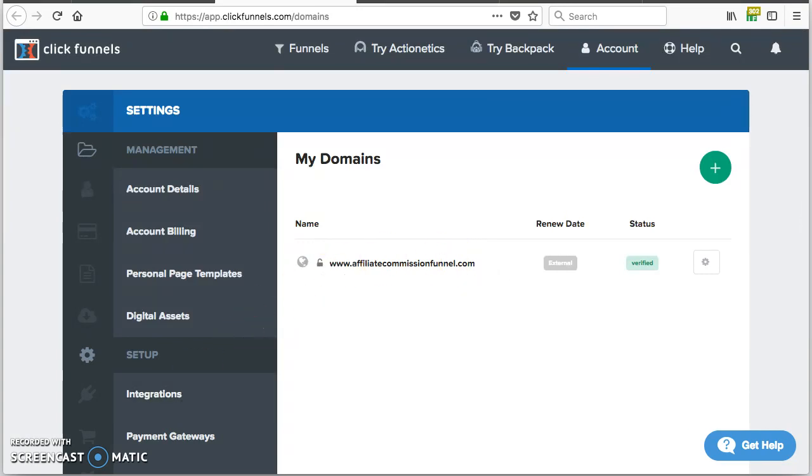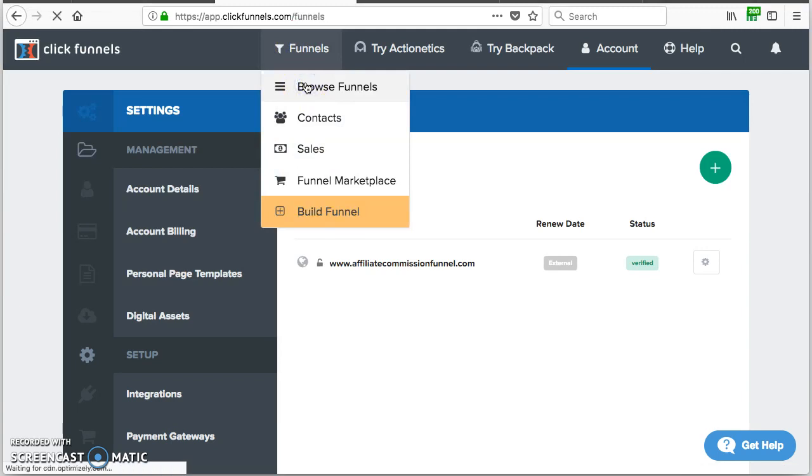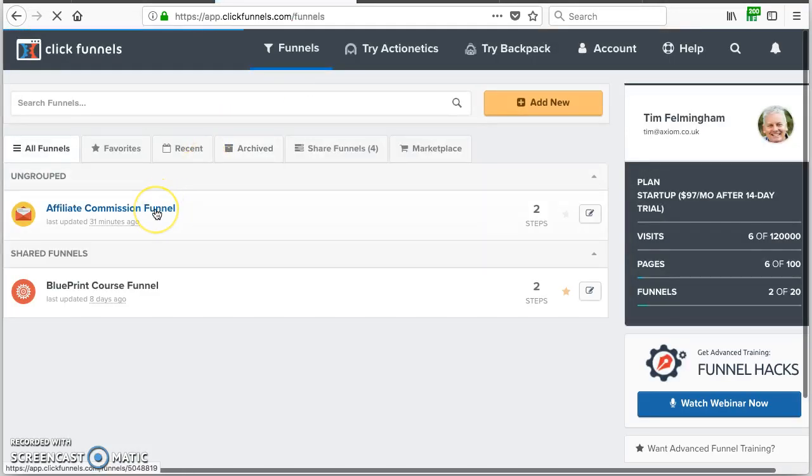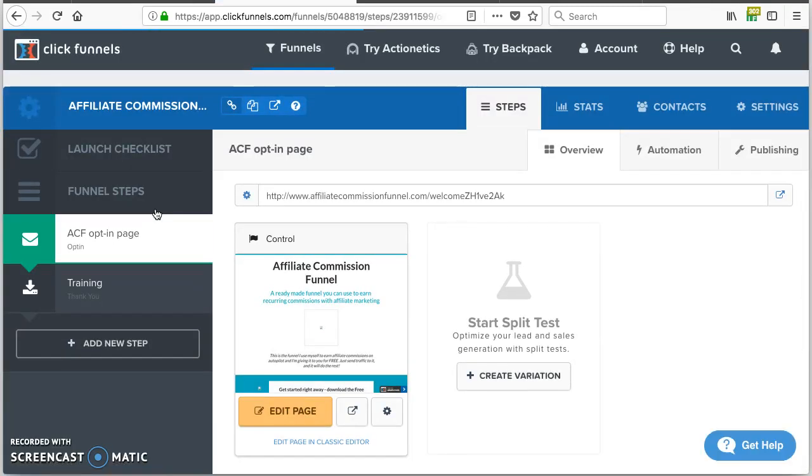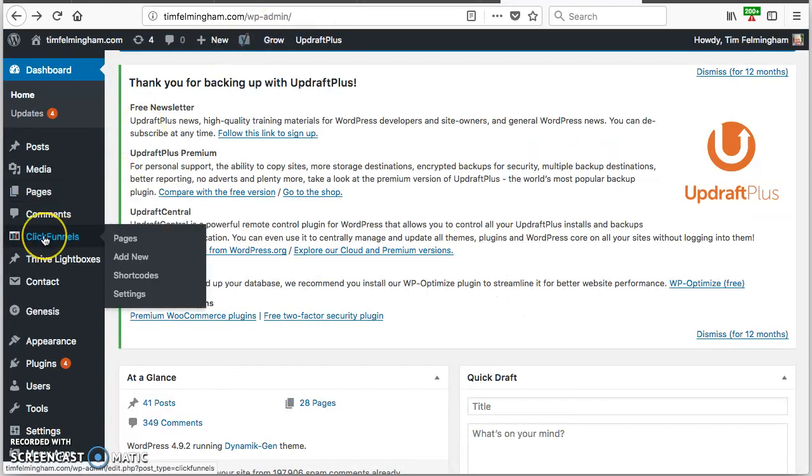The other way you can do it is if you have your own website, you can publish a funnel on that. I also do that as well. Let's go back to the funnel and I'll show you how to do that. Now, if you have a WordPress website, there is a free ClickFunnels WordPress plugin which will let you display these 2 pages, or any pages, on your WordPress website as if they were part of that website. It's very, very easy. You just download the free ClickFunnels plugin to your WordPress installation, and then when you go into WordPress, you'll see you have a ClickFunnels menu. If you go to Add New,